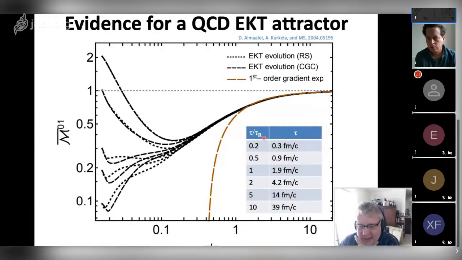So for LHC type collisions, 0.2 on this scale is roughly 0.3 fm/c. 0.5 on this scale, which if I can count, 2, 3, 4, 5, that's here, that's 1 fm/c. And then 1, that's sitting here, that's 2 fm/c. Now, by the time we get out to 5,